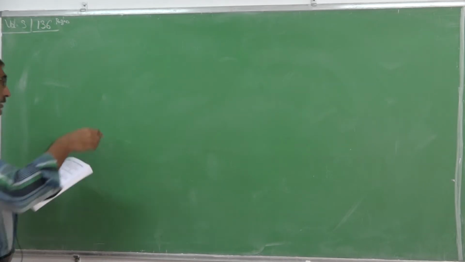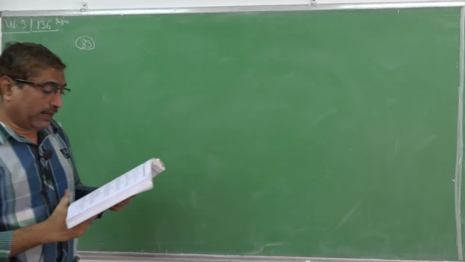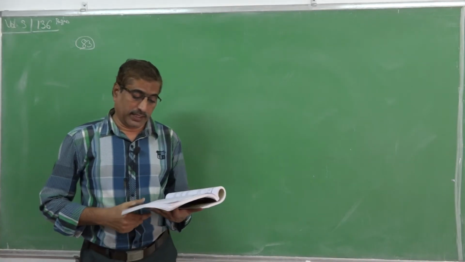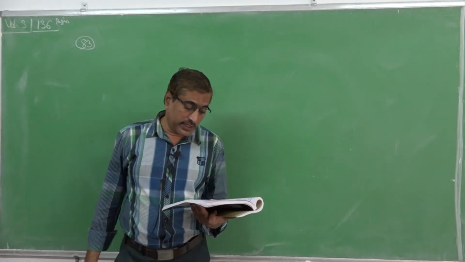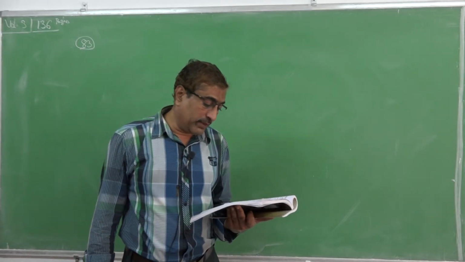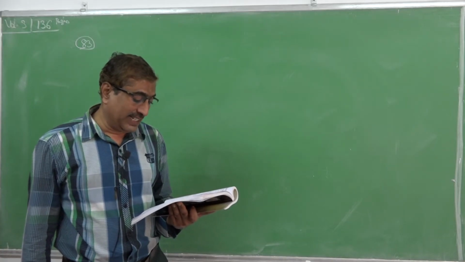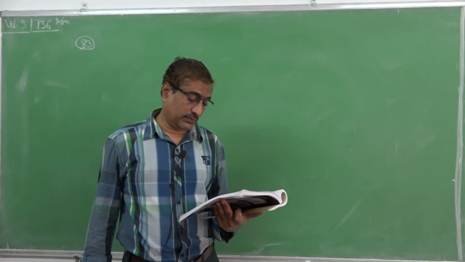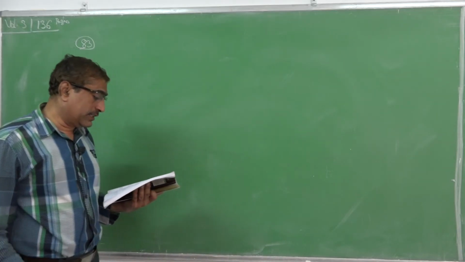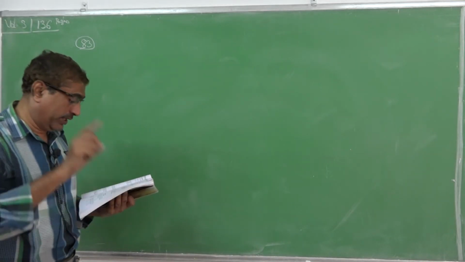Now the 83. An object is attached to the bottom of a light vertical spring and set vibrating. The maximum speed of the object is 15 centimeter per second and the time period is 628 millisecond. The amplitude of motion in centimeter is, okay. So an object is attached to the bottom of a light vertical spring and set vibrating. That means vibrations are in the vertical plane.